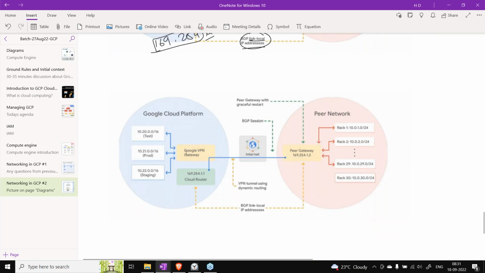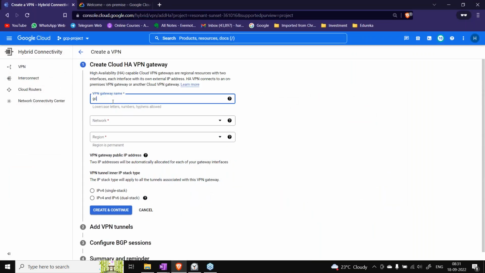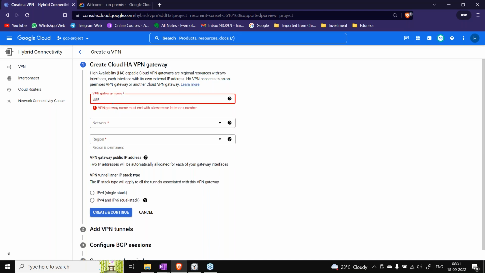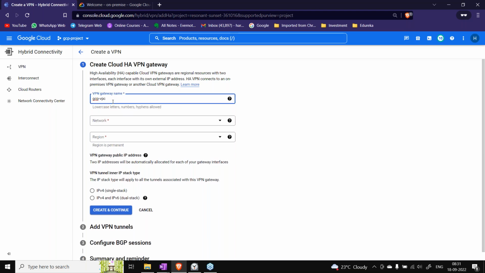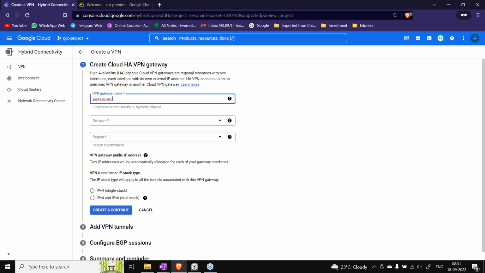Now, first of all, we'll create this particular gateway on both the sides. Okay. So let's call it GCP VPC VPN.